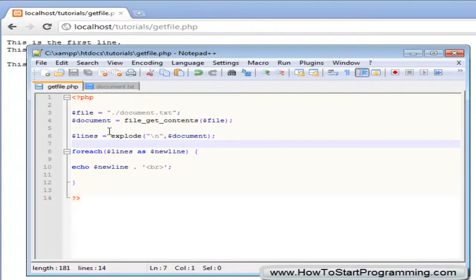So we make a new variable called lines, and we explode document by each new line. Then we simply create a foreach loop to look through each and every line in the result we got from the explode, and we'll just echo out the actual line and then a break. So we save this,